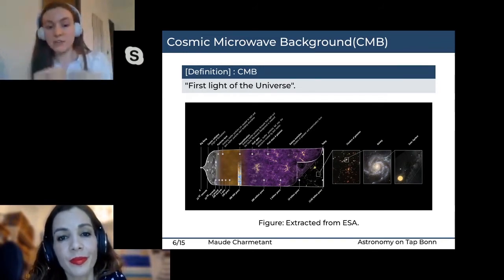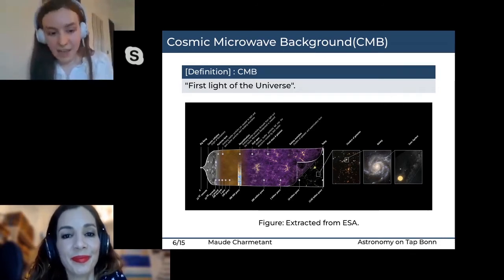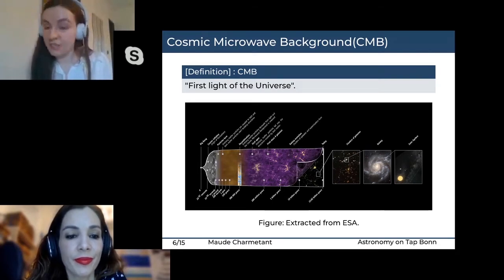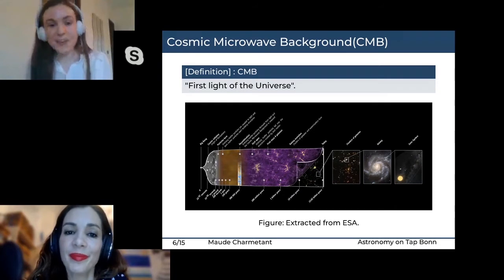And at that time, we say that the universe became transparent because for the very first time, light was able to escape this dense soup that was the universe before. So that happened actually 380,000 years after the Big Bang, so quite a long time ago. We call this epoch reionization, and the very first light